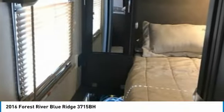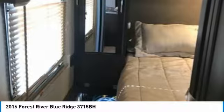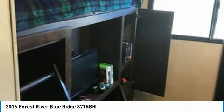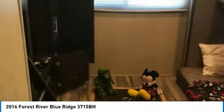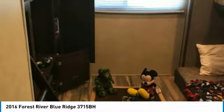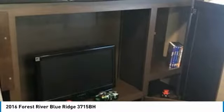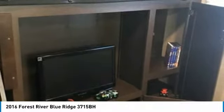in bath, replaced 4 tire covers, purchased new handrail on main door, antenna, wire for TV, 2 water hoses, 2 hose connectors, 8 yellow square jack pads, 1 accordion hose holder, 9 wood blocks for jacks, yellow wheel chocks, and so much more. This 2016 Forest River Blue Ridge 3715BH is the ideal setup for anyone looking to make their